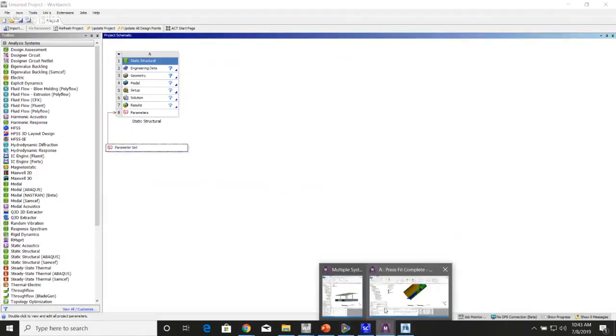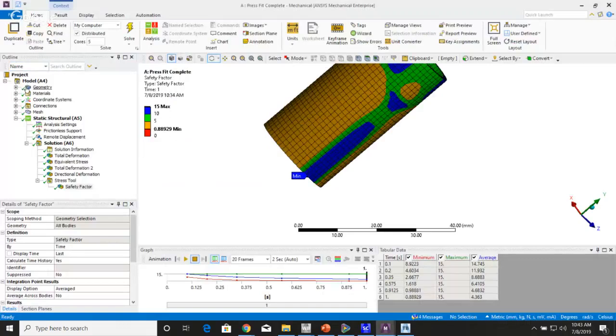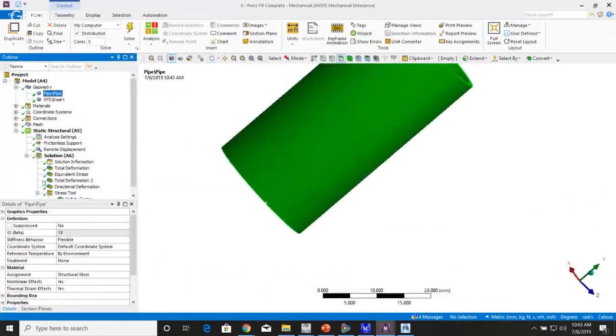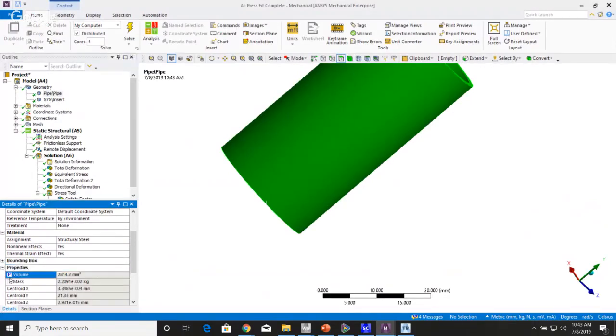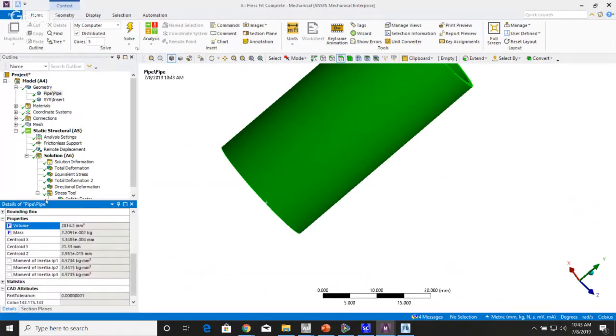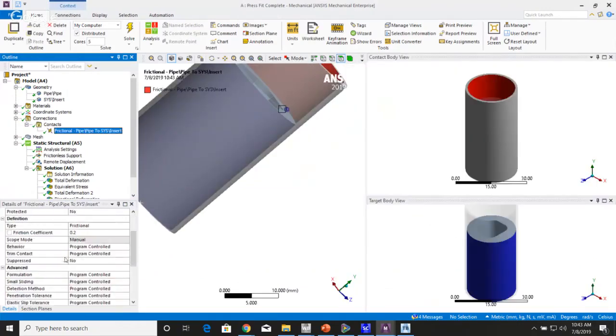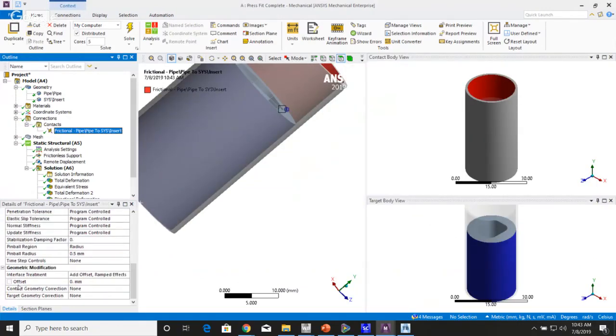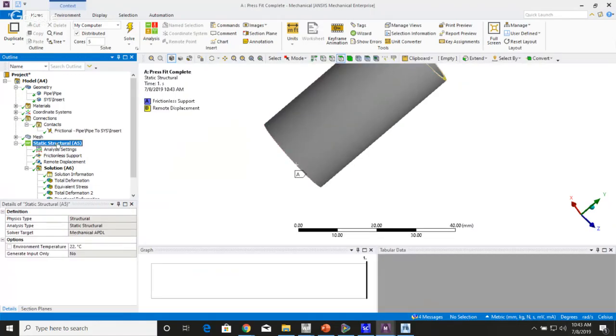Once you get into tools like Mechanical, anytime you see an empty box, this can be a parameter. So for example, the volume and the mass can be parameterized if you're trying to reduce the weight of a part. Connections under contacts, there are various locations, frictional coefficient, offset can be parameterized. You can even add commands to it,